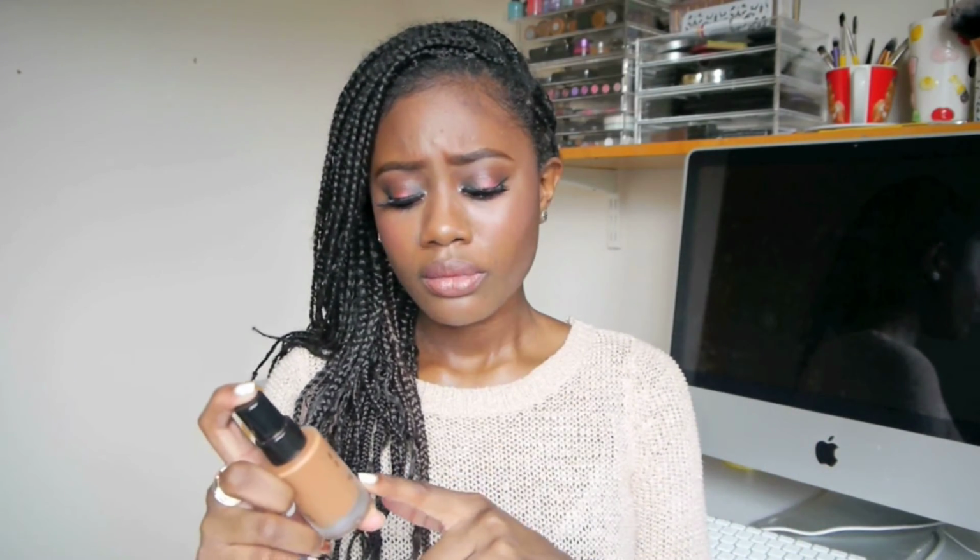Another issue, I don't personally feel like it's a big issue, but I think for some people it might be, is that it has a lavender scent, and I don't know why. I don't have any foundation that has a scent like this. It's so prominent. It's a really strong scent, and for some people that might irritate them. For me, I don't really mind. I would prefer if it didn't have a scent because it's kind of weird, the aroma that it gives off, but it does have a lavender scent. So maybe if you have sensitive skin, you might want to bear that in mind because it might obviously irritate your skin